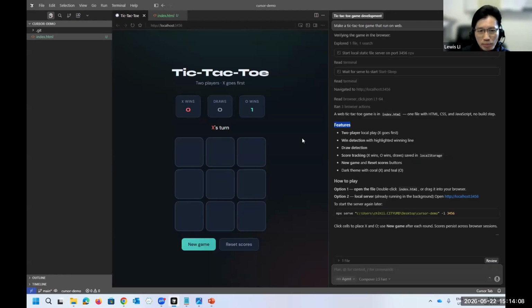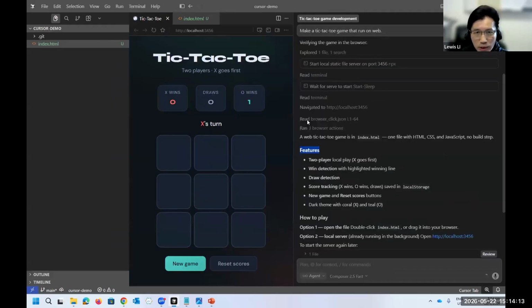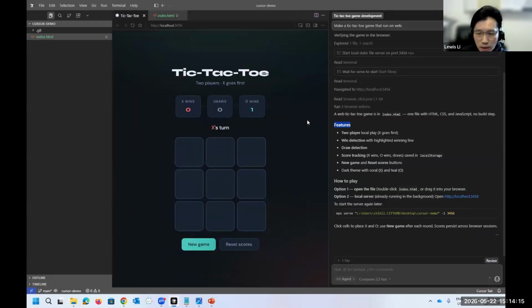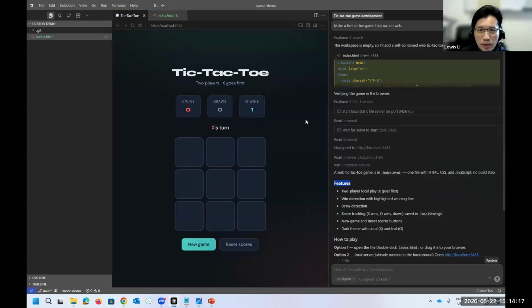So what I need to do is click here on the top, and you will be able to see this button. When you click select element, you can select the button you want to change, like this one. I select this one and click here.